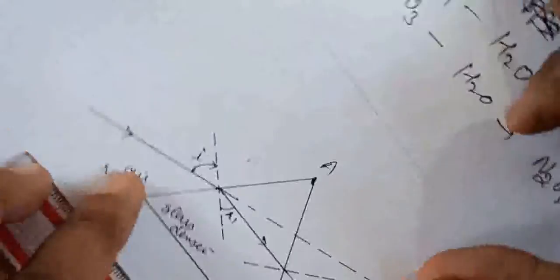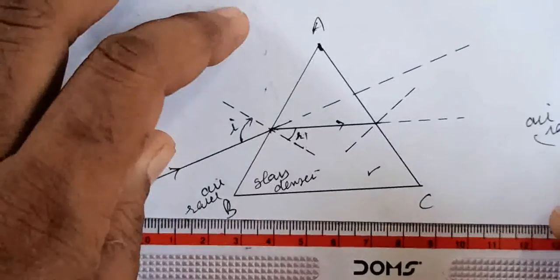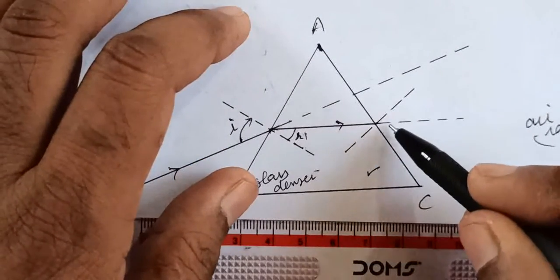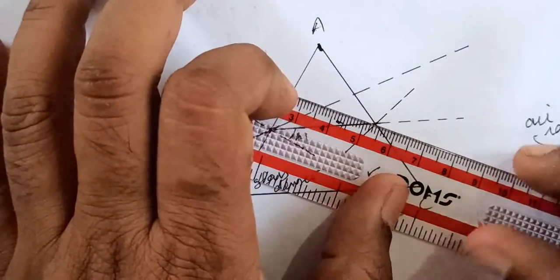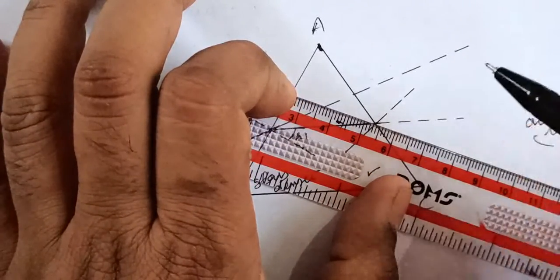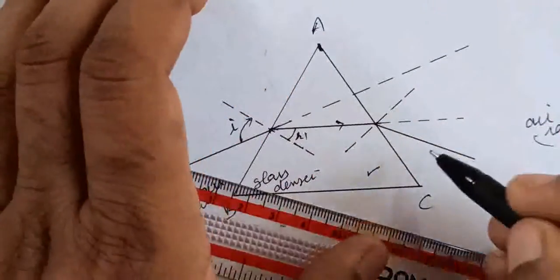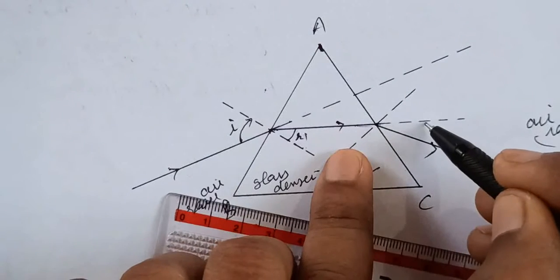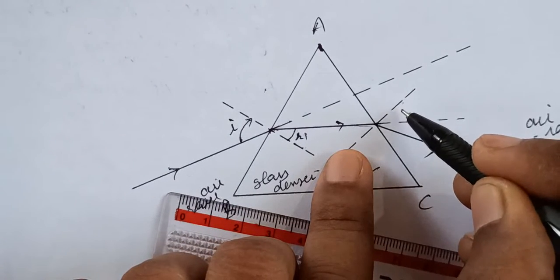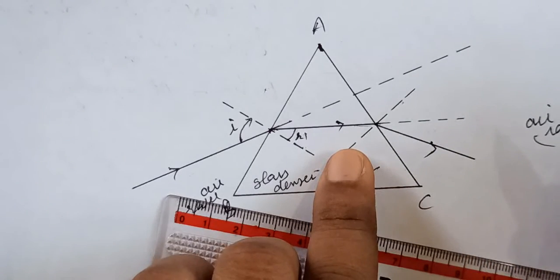The ray after refraction, when it is traveling from a denser to a rarer medium, bends away from the normal. The normal is the upper part. This ray bends away. Away means it will bend downward. This is the normal outside and it will bend away from the normal. So it bends like this. See, the original path of the refracted ray seems to be this, but it bends away from the normal. Away means if it bends downward, then only it is away from the normal.